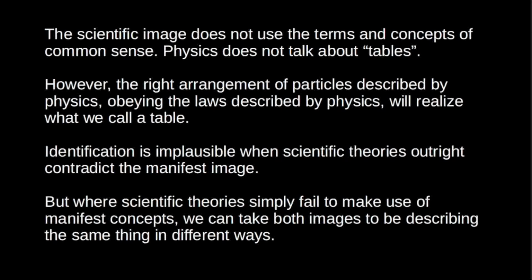It doesn't, in general at least, use the terms and concepts of common sense. Physics doesn't talk about tables or hands or mountains or whatever else. But even so, the manifest image may in some sense be implicit in the scientific image, because the right arrangement of particles that are described by physics, obeying the laws explicitly described by physics, will realise what we call tables